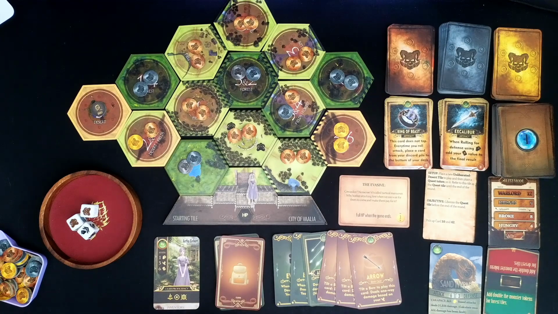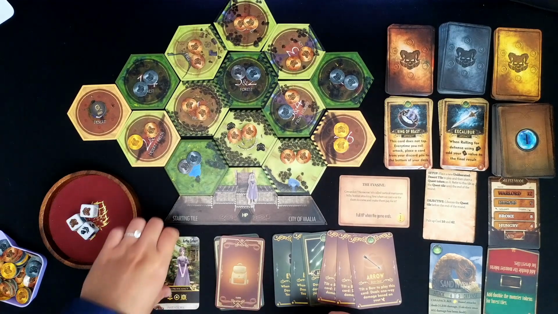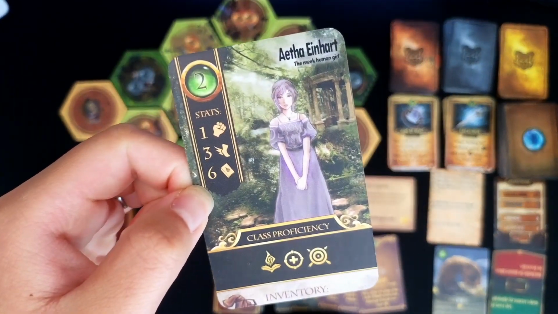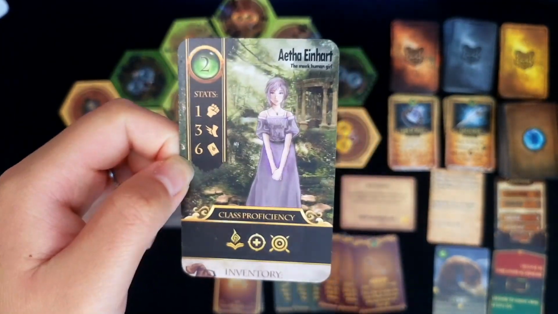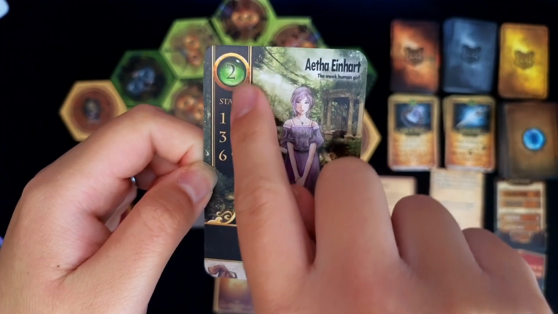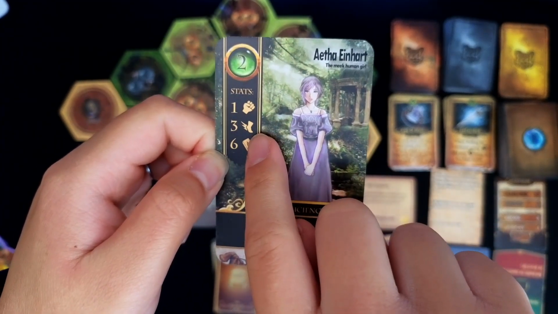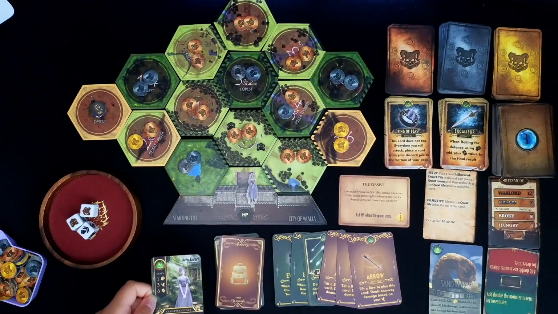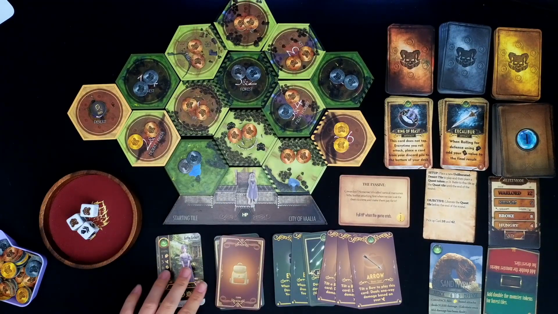As far as player setup goes, you're going to be choosing a hero. For this brief overview, I chose Aetha Einhart. There are some stats here on the left. It has 2 health, 1 strength, 3 agility, and 6 intelligence. And the intelligence is important because that tells you how many cards they'll be able to draw at the beginning